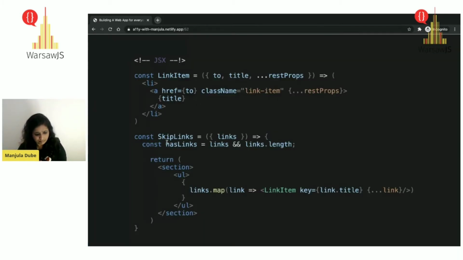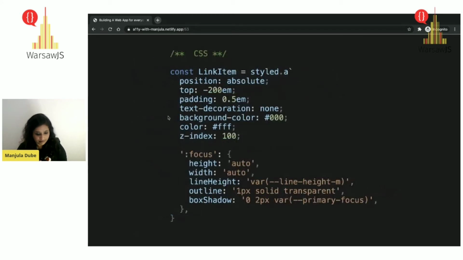For example, I have a skip link here as a component. I see, okay, these are my links and what are the links. And I basically map through, and each of the link items is just an a, which is a link to something. So now this is a component, but how would this component work? You would always keep it off screen, because this will only be seen by the keyboard users while they are tabbing.